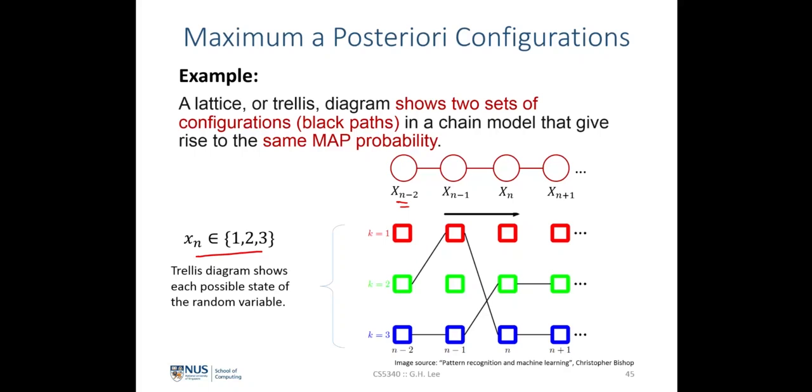So in this case here, there are actually 2 configurations that give rise to the maximal probability. This is one of them, and this is another one of the configurations. Suppose we choose this one over here as the root node, for example, and by doing a forward passing of the messages from xn minus 2 all the way to xn plus 1, we will have all the maximum values of these